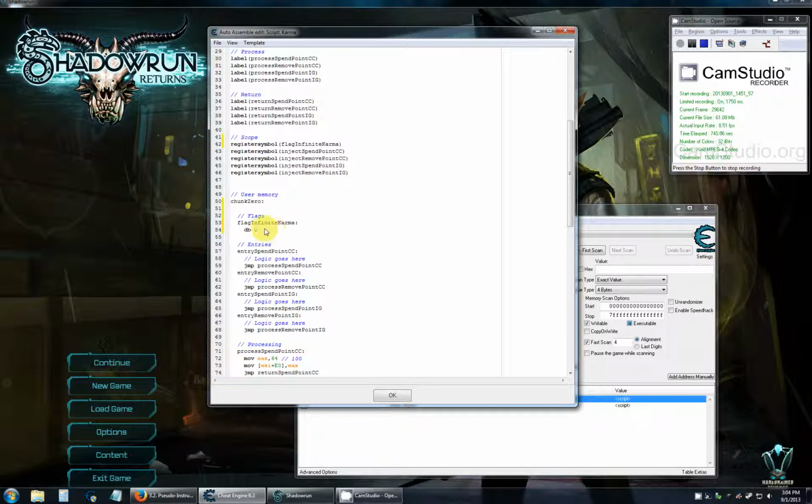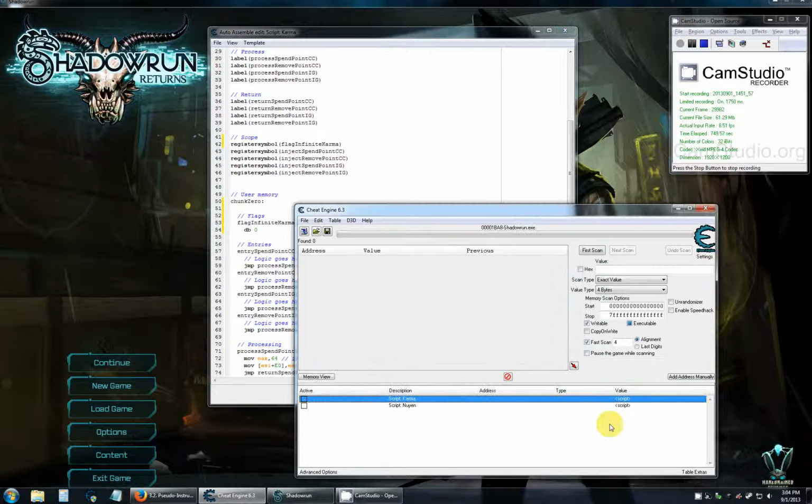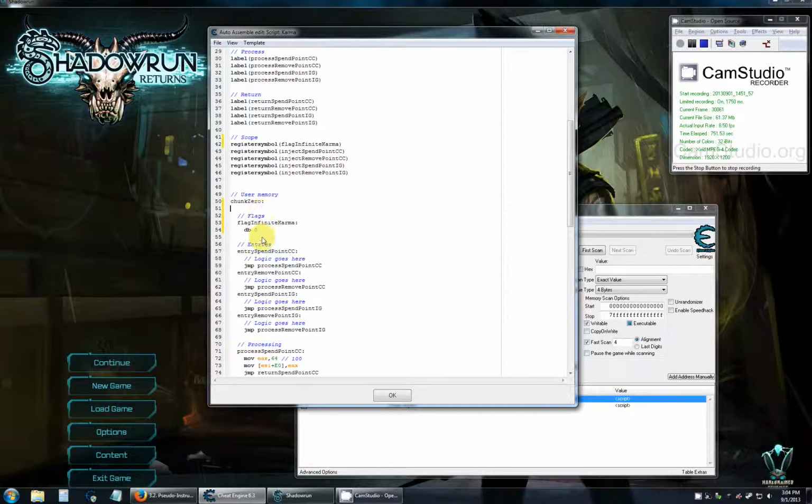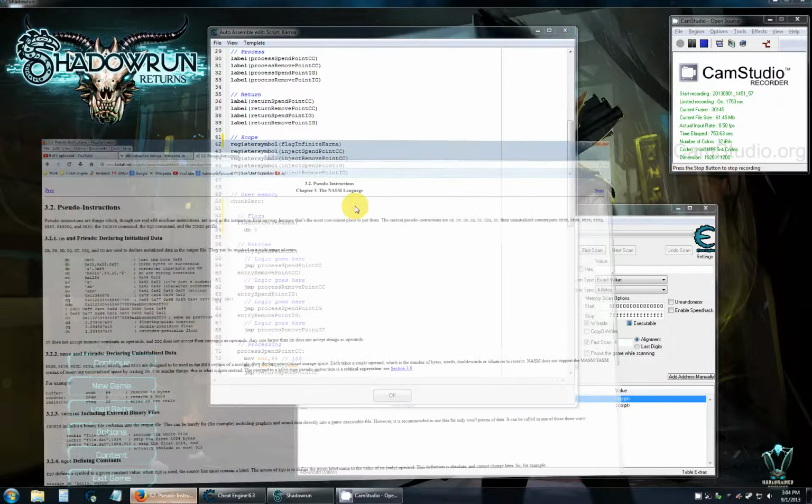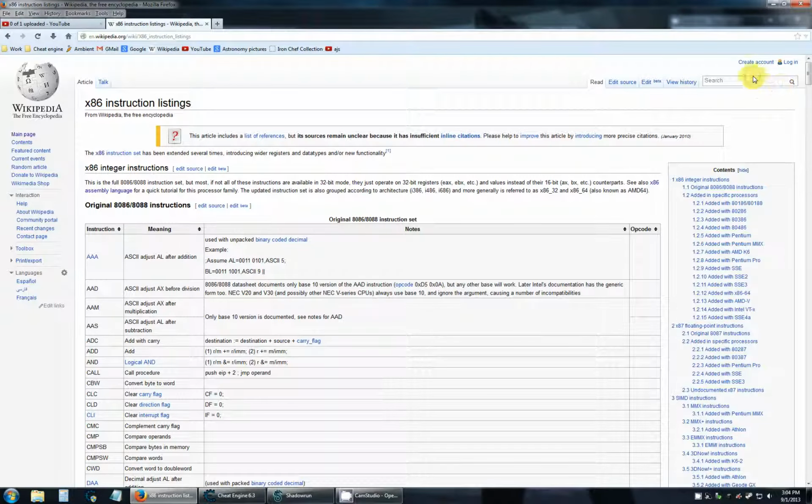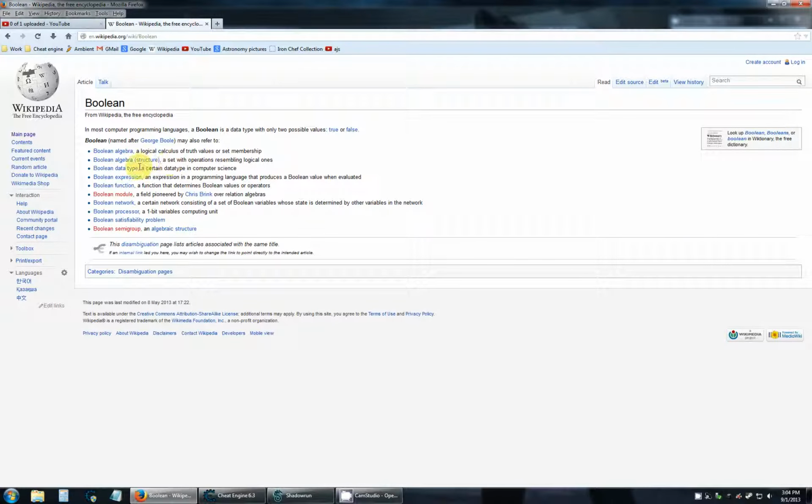So we can put a maximum of 8 bits into flag infinite karma, or you could just say we can put a maximum of 1 byte into flag infinite karma. As we talked about, for our purposes, we just want to use it as a simple Boolean true false flag. One value is going to have one meaning to our script, and another value will have another. Let's just look up Boolean here. Why do I keep saying that? Because the way that